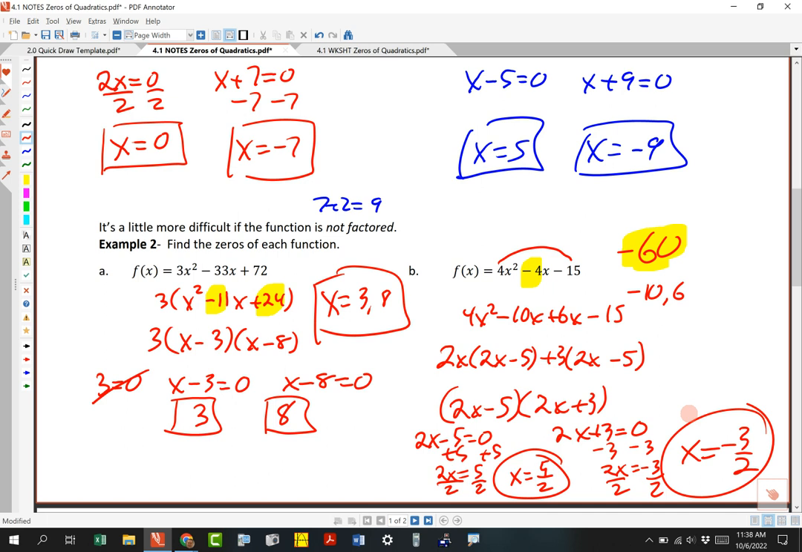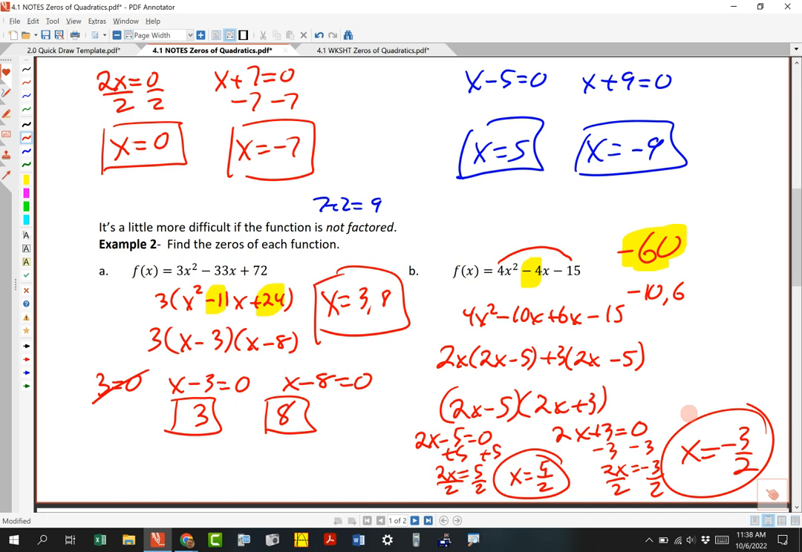Okay, here's what I want you to look at. Does anybody notice anything about these numbers in this factor, the coefficient and the constant, and the answer right here, kind of like here and here, here and here? Does anybody notice anything? Okay, Keely, what do you notice? The coefficient is in the denominator. And then the other one